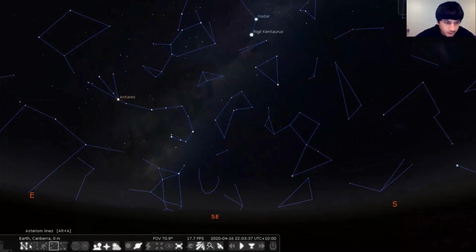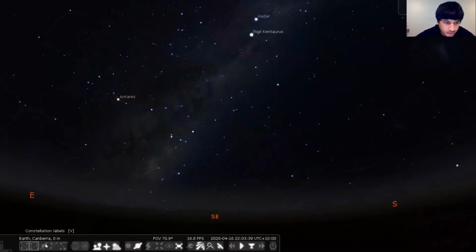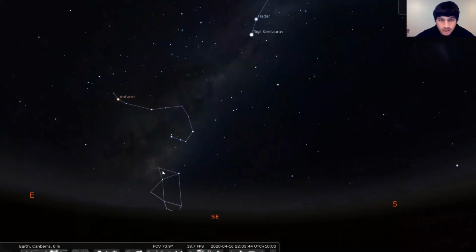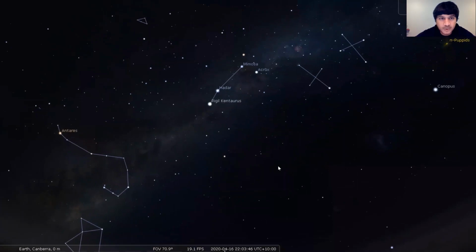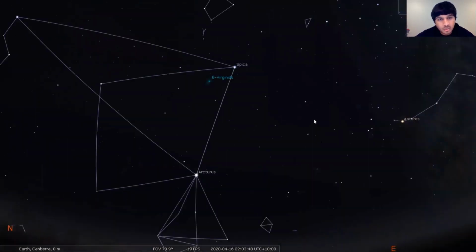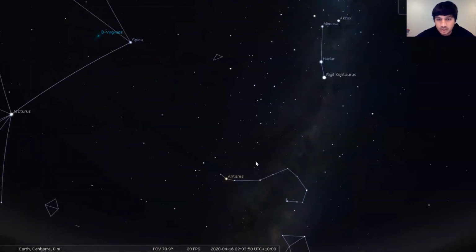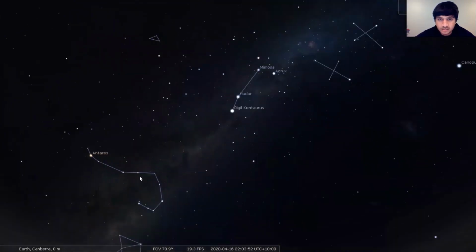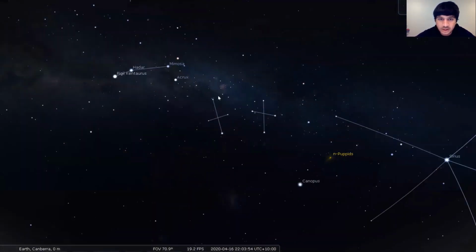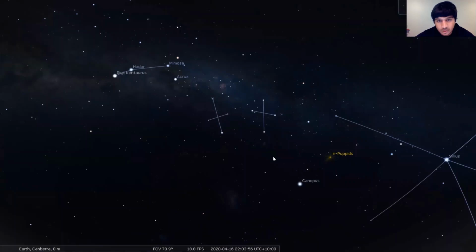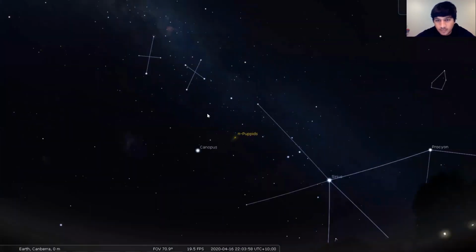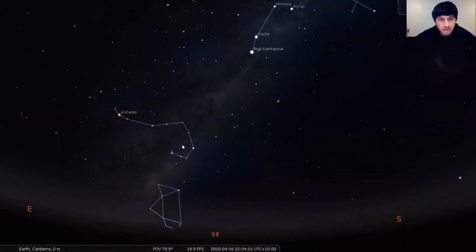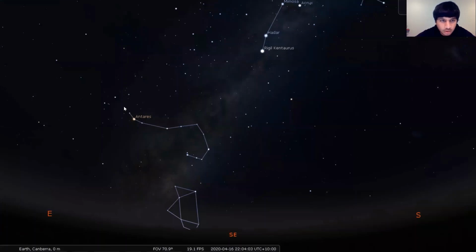And over here, if we switch off the constellation lines, we can switch on asterism lines. And we see that there are these shapes which are sometimes useful to locate certain stars, such as these two crosses, or maybe the fish hook of Scorpius.